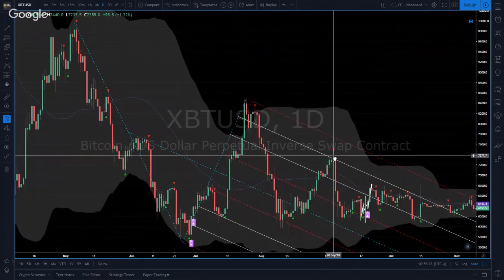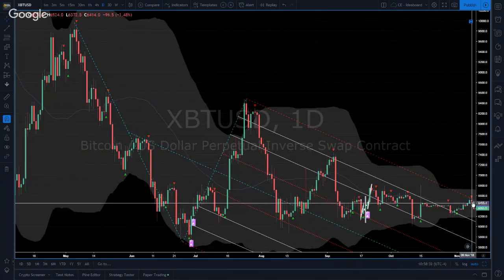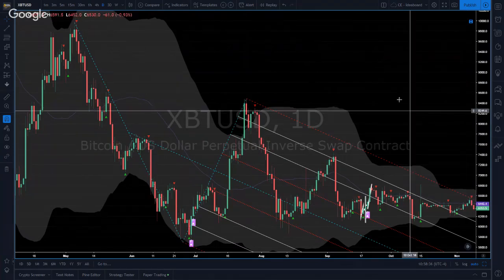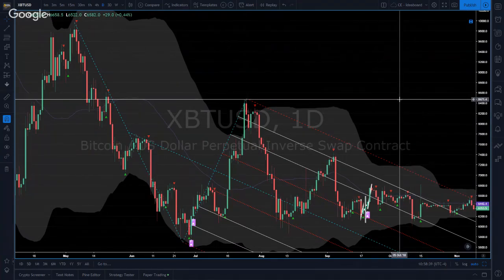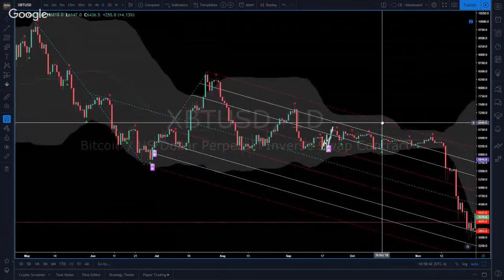We did get a bounce there, pretty big one. And then we had some consolidation. And of course, we went sideways until we had about 6,500 right here. And that happened to tag the top of this channel. Now, I want to point out why that's very important. I'm going to start backing my way out here.